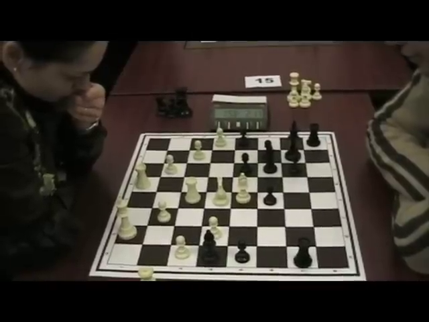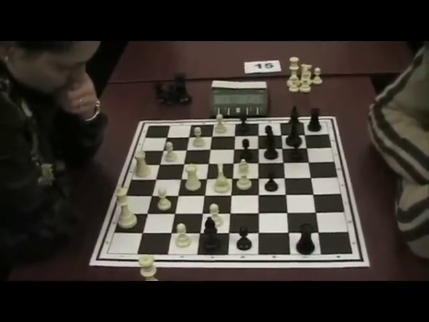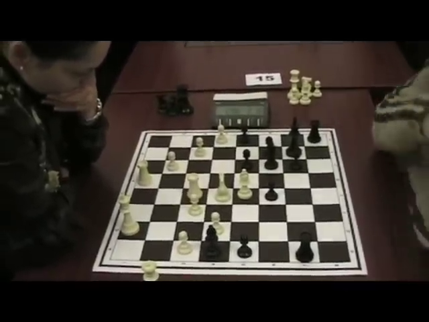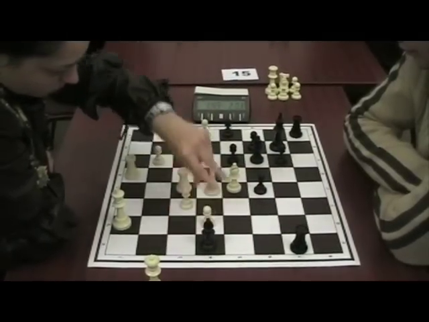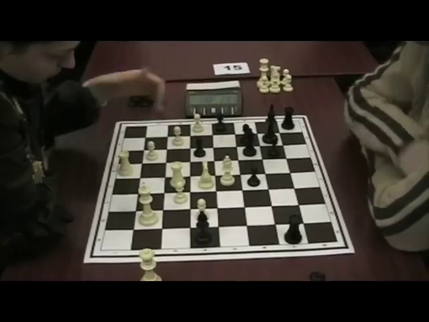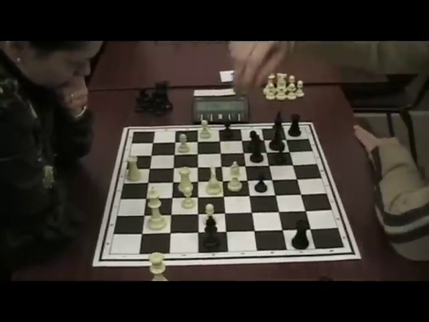For example, with this bishop black will not be able to play rook a to h8 and to create some checkmating threats on the h file. So I just played f3. h takes g4, h takes g4, c4, king g2, c takes b3, c takes b3,